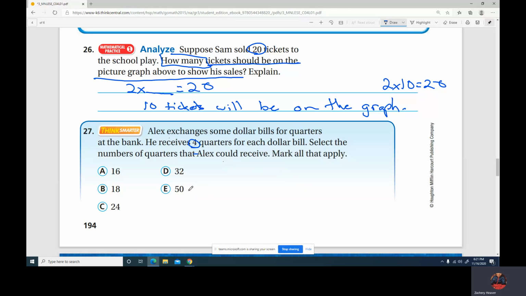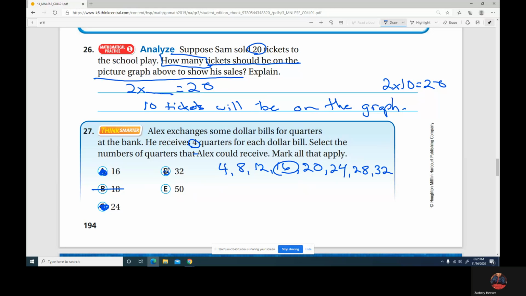If this number is touched, then you can reach it. So, you're going to have to look at your multiplication chart. Look at the 4s. For example, you'll see 4. Then you'll see 8. Then you'll see 12. Then you'll see 16. Uh-oh. Here's a number. Could he receive 16 quarters? Yes, he could. Then you're going to see 20. Can he receive 18? No. Then you'll see 24. Can he receive 24? Yes. Then you'll see 28,